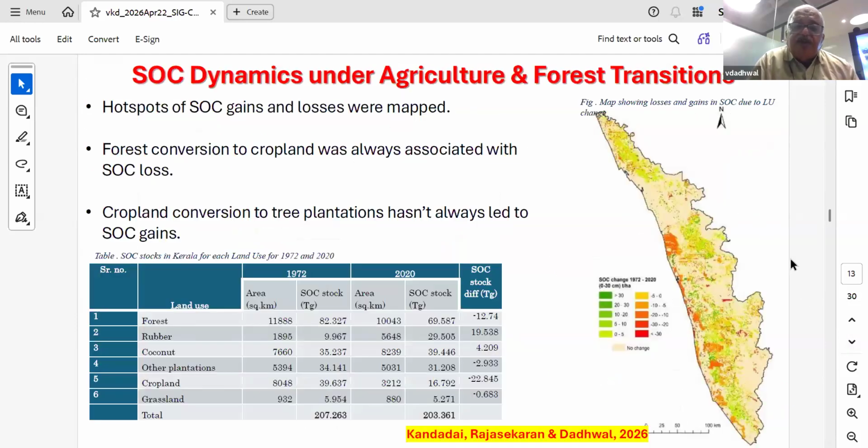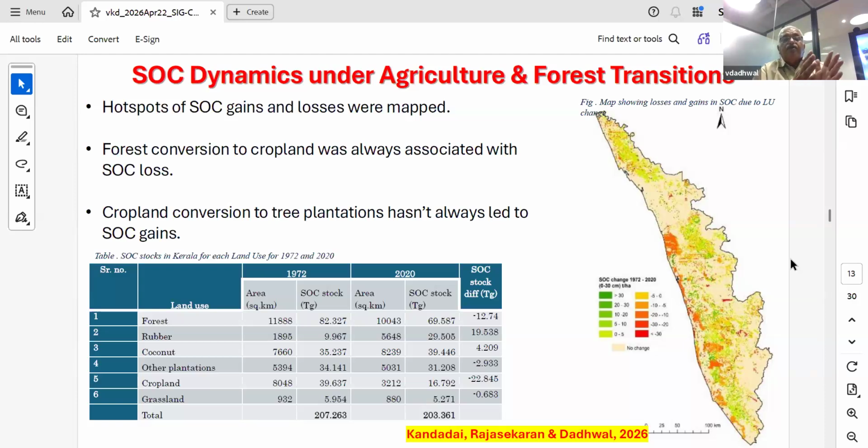The other one is we all say that if you put more trees, you will get more soil organic carbon, which is true, but there is a difference between what type of tree. So here we are comparing Kerala over a 40-year difference. All land use transitions of forest, rubber, coconut, other plantations, rice becoming plantation, and clearing of the forest for other applications. So when you put all together,